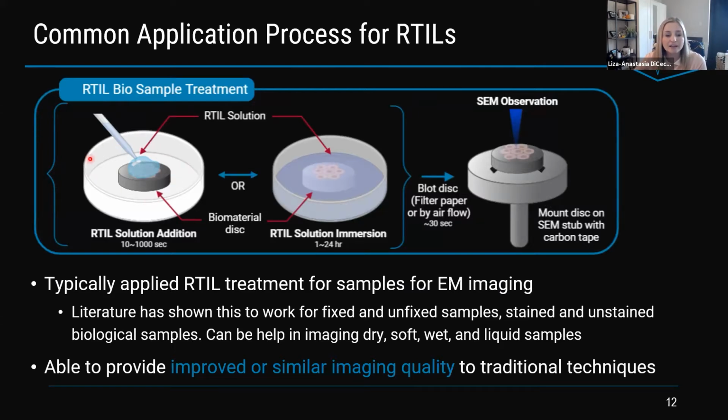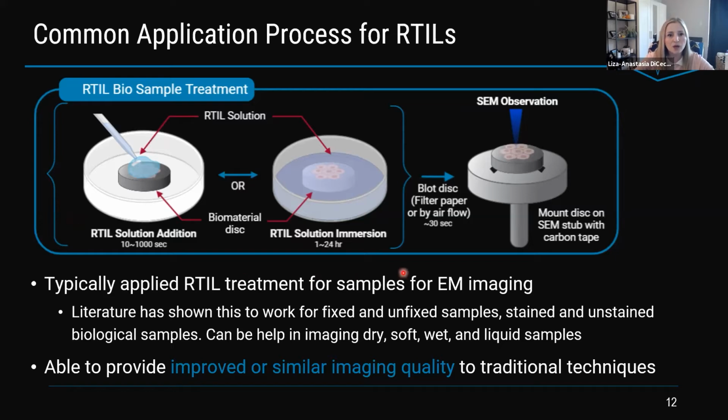And you can either add the sample directly to your sample that you're observing, or you can immerse it within there. Typically in our lab, when we're doing this addition sort of technique, we'll have a piece of like a biological material, we'll add our solution in, hydrate it for about 60 seconds, and then we remove excess solution with filter paper. We typically also heat the solutions before we apply them. So we'll add it in a water bath at about 40 degrees or even 60 or 70 degrees. And this helps improve the spreadability of the solution because it is quite viscous in nature.